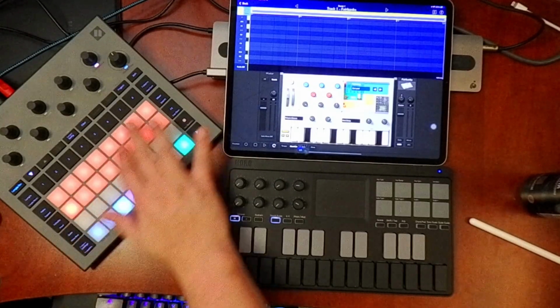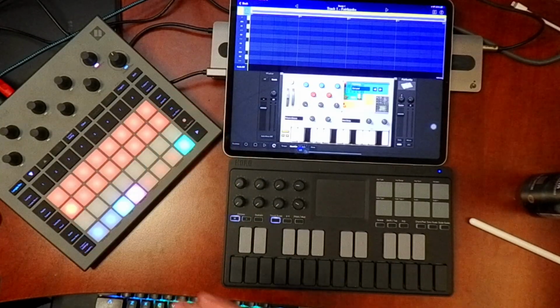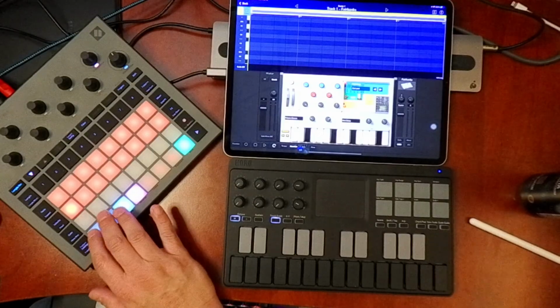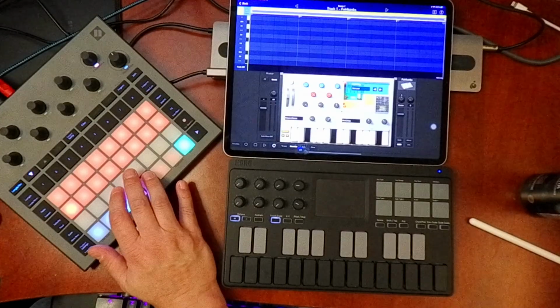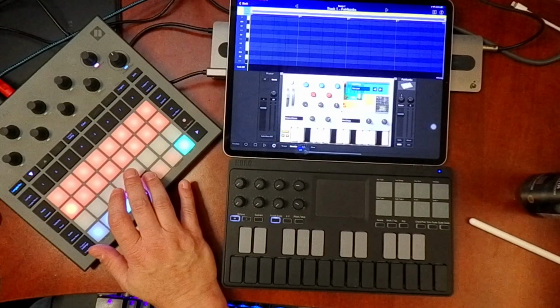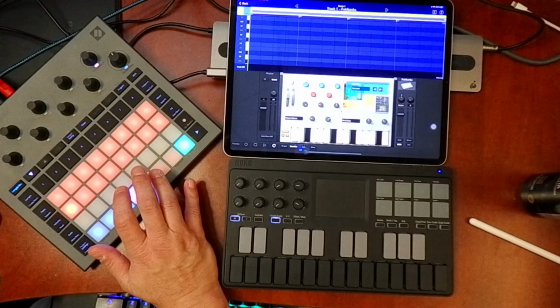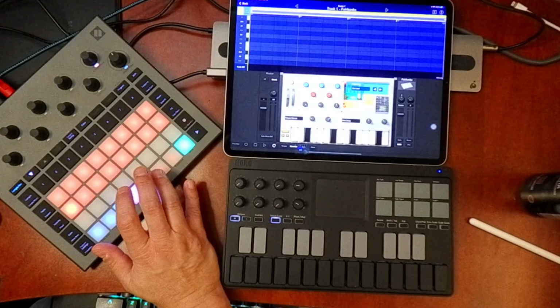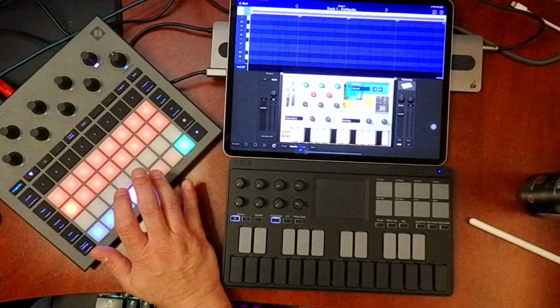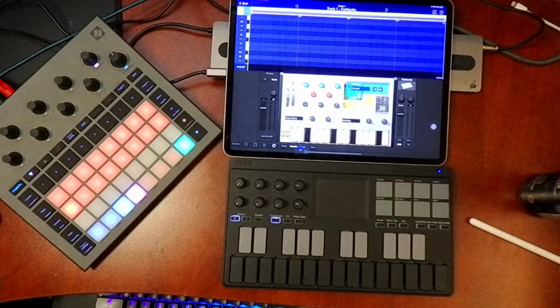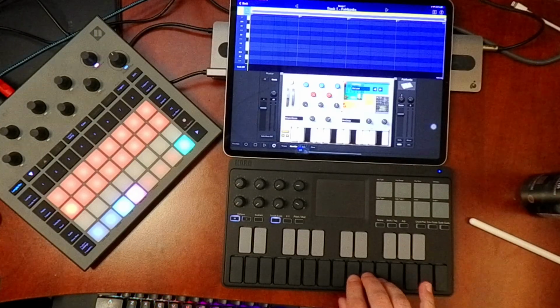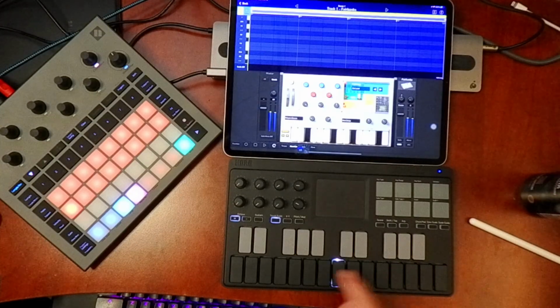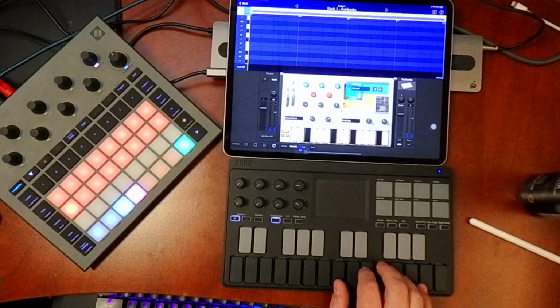You've got 8 tracks, okay, of music making sounds. They can be monophonic, so each one could be an individual instrument, or they can also trigger individual samples. And I believe you can load 128 different samples on here at a time, which is a lot of samples. But those samples can be either a phrase, they could be a chord, or they could be an individual sound or a hit. And what I mean by that, if they were an individual sound, they would sound like just one note. Okay? They could be a chord and be like